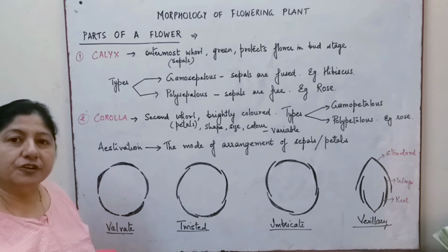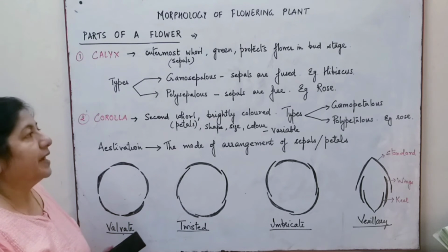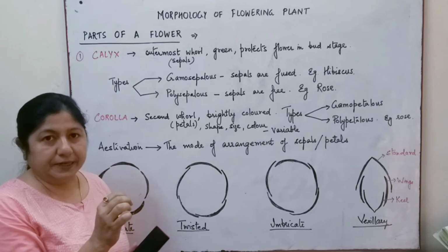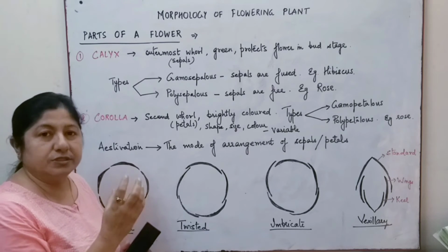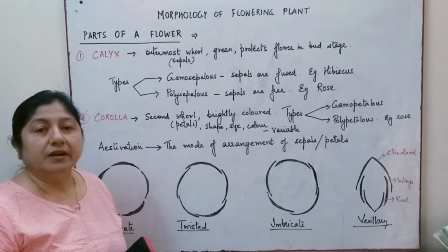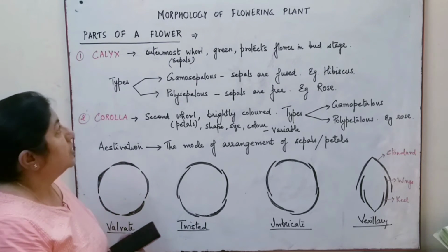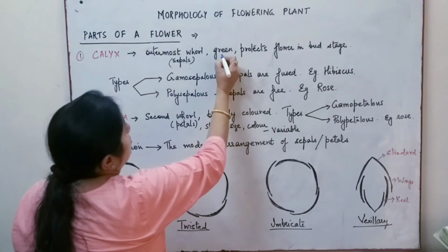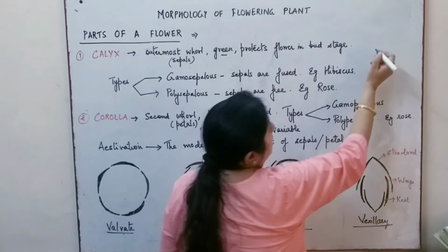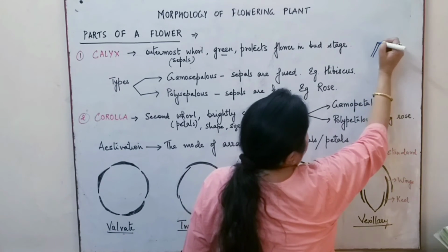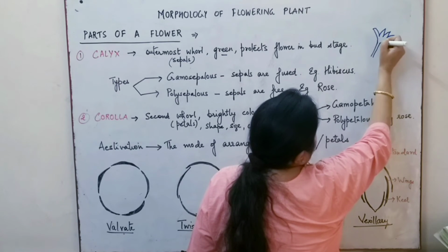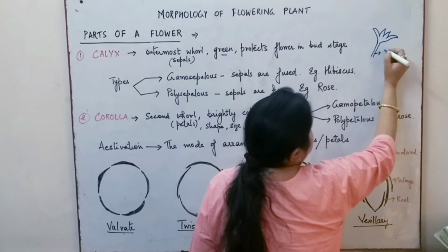Let us start with the first. We all know that the flower is held with the help of a stalk which is known as pedicel. So the pedicel or the stalk holds the flower and it leads to the calyx, or we call it as a sepal. So the calyx is a green structure. It is the outermost whorl. So if we talk about the calyx, this is the pedicel, and here the leaf-like structures which are present is known as calyx. So this is the pedicel,